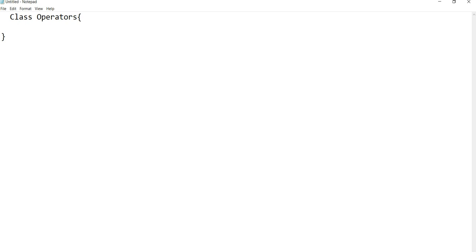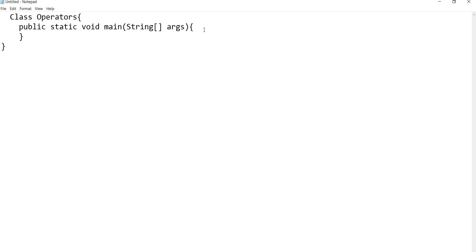Then we need to create a main method, that is public static void main, with String args. For this main method, after the starting brace we immediately write the closing brace.